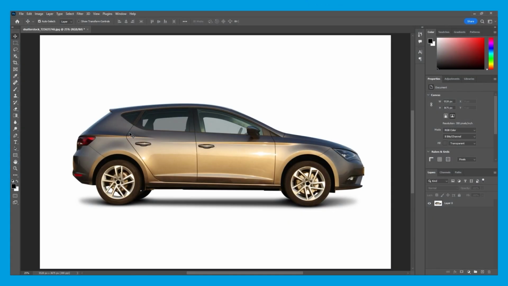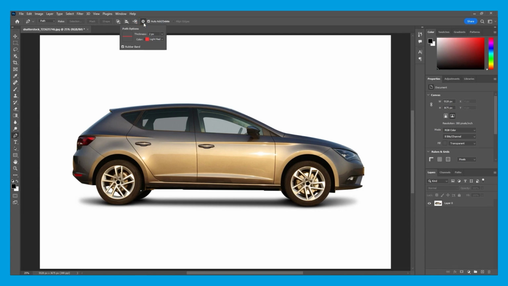In this video, I'll be showing you how to use the pen tool. To select the pen tool, press the letter P on your keyboard, or you can find it in your toolbar. So now that we've got the pen tool selected, head to the top of your Photoshop document and there should be a cog like this. Click the cog and a drop down menu will appear.